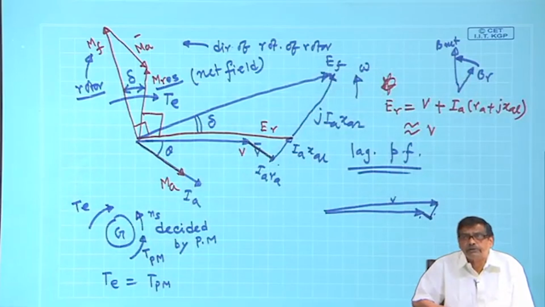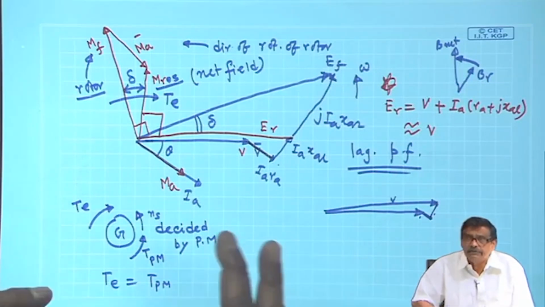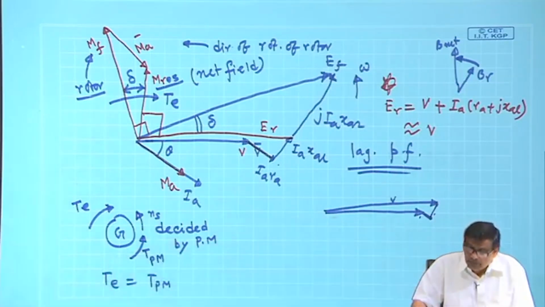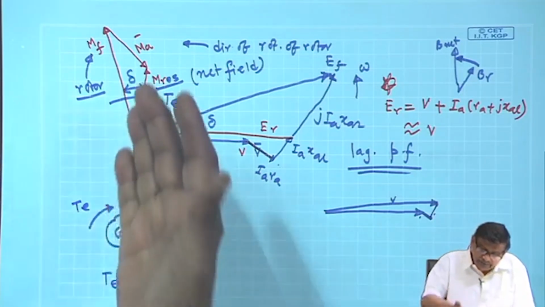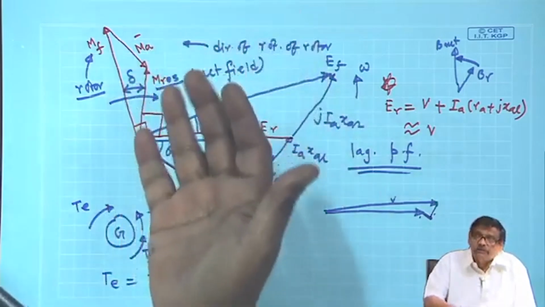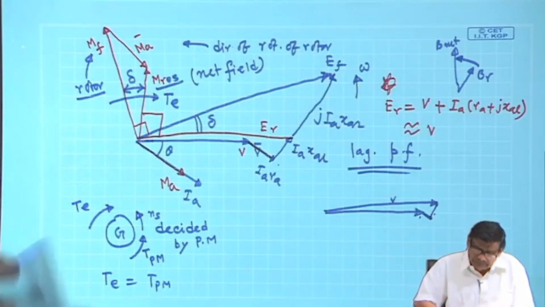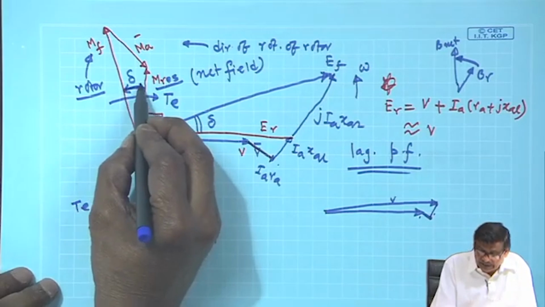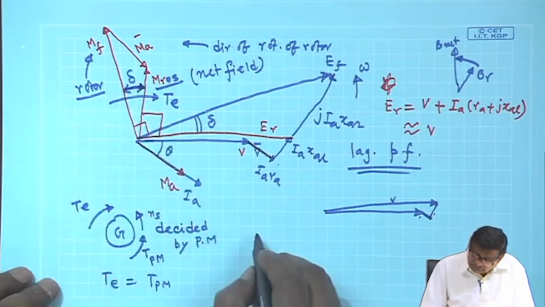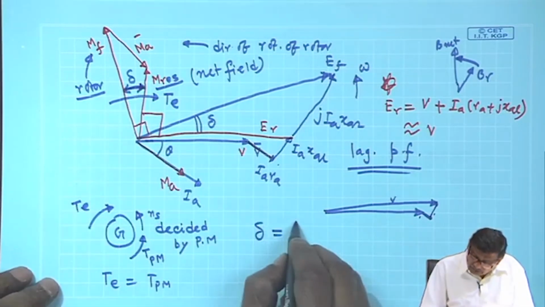synchronous generator, suppose operating under no load, I_A is 0. So, therefore, no power is delivered. So, torque developed has to be 0. In that case, M_A will not be present at all, only M_F is there. So, this is the torque angle delta. So, delta is called the torque angle,